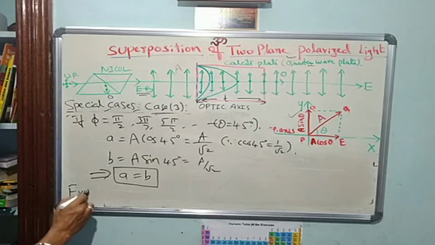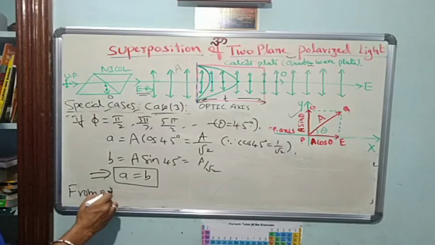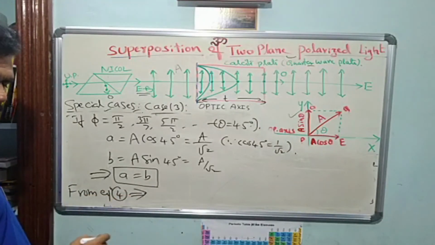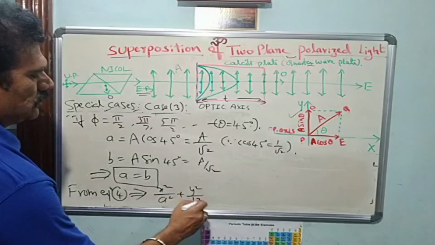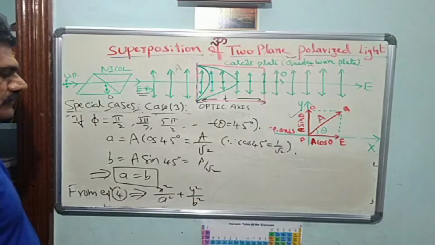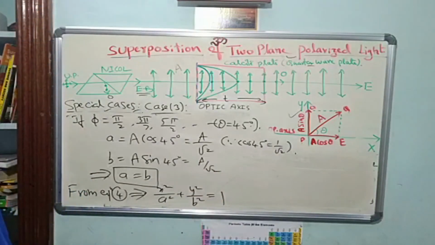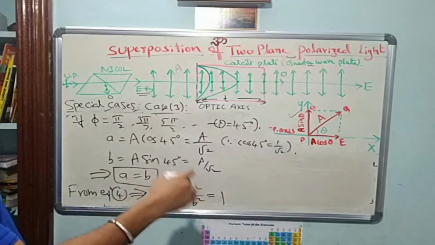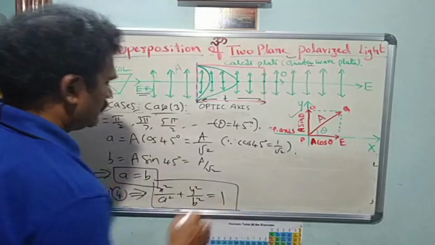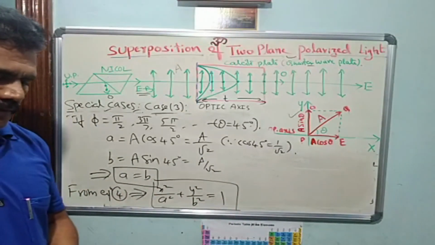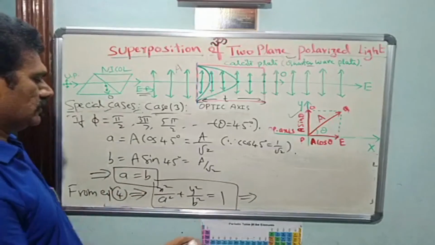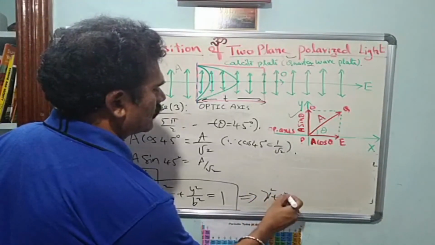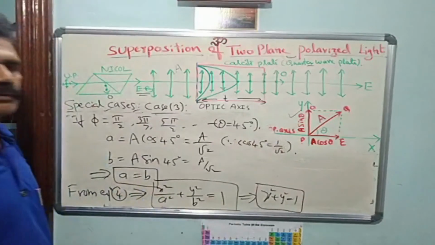From equation 4, the standard equation of ellipse reduces to x square by a square plus y square by b square, so the entire term will be equal to just 1, with the values of phi. Of course, we have to choose particular values of phi for different rotation of the circular waves. Now this is the equation for a circle. As A is equal to B, we can simplify it to x square plus y square is equal to 1, isn't it? So this is the equation for a circle.